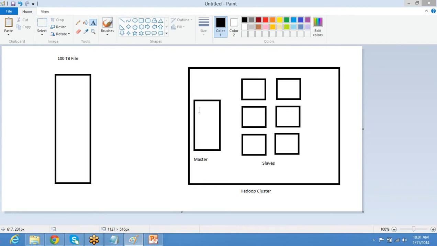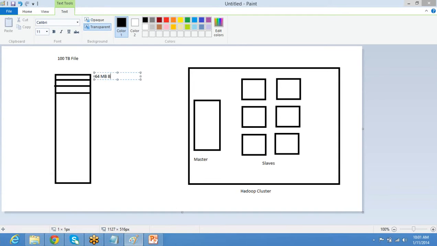Now guys, how exactly is the data stored inside Hadoop? How exactly does the data flow? Even for the flow, we'll see it later. How exactly is the data split? Say for example, if you want to store this 100 terabyte file, it won't be stored as it is. The file will be split into chunks of 64 MB. These chunks are called blocks, file blocks. So the file will be split into